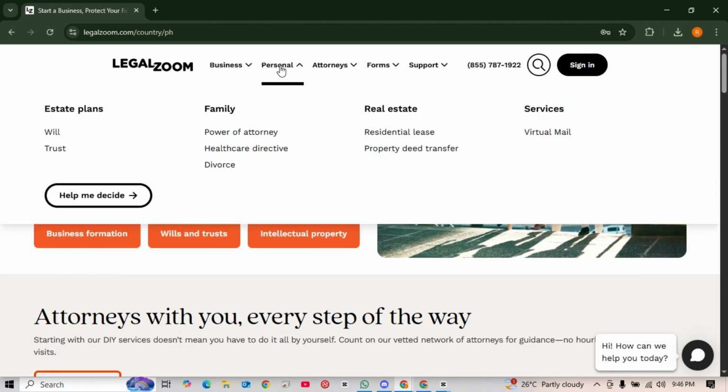Now, after here, they have a personal section with estate plans, family, real estate, and services. Let's go first with the estate plans. They have a will and trust, and on to the family, they have a power of attorney, healthcare directive, and a divorce. On the real estate, they have residential lease, property deed transfer, and while onto the services, they have